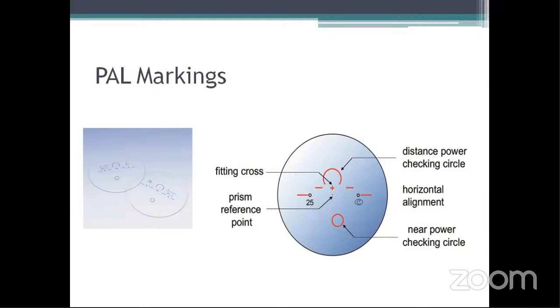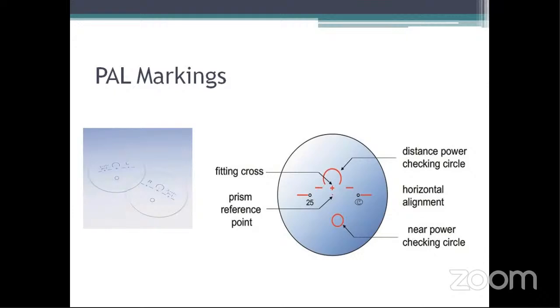Next, we have a small plus underneath that, which is called the fitting cross. Next, just underneath the fitting cross, we have a prism reference point, which is just a dot, as you can see. And underneath the prism reference point, we have a near power checking circle. So this is used to check the near power, the near add, whereas the above semicircle is used to check